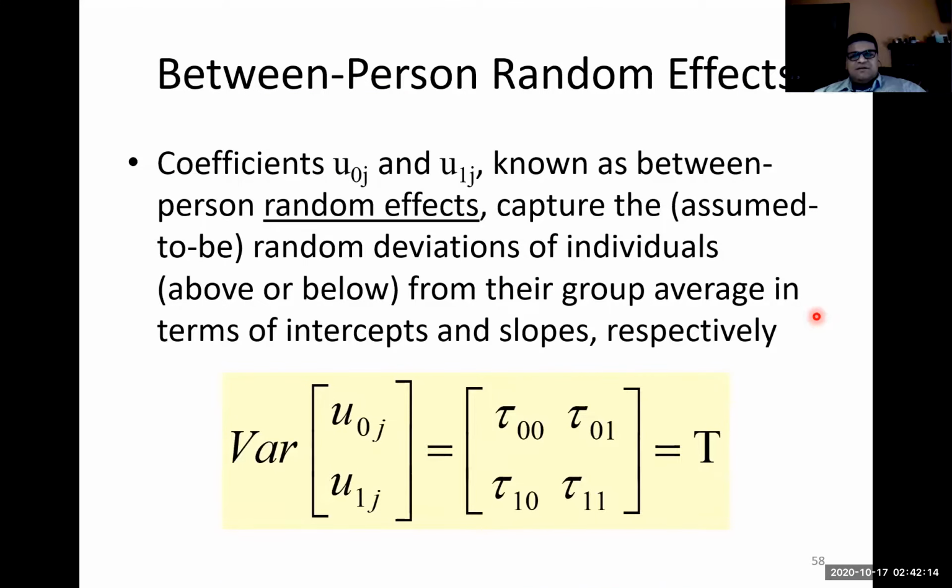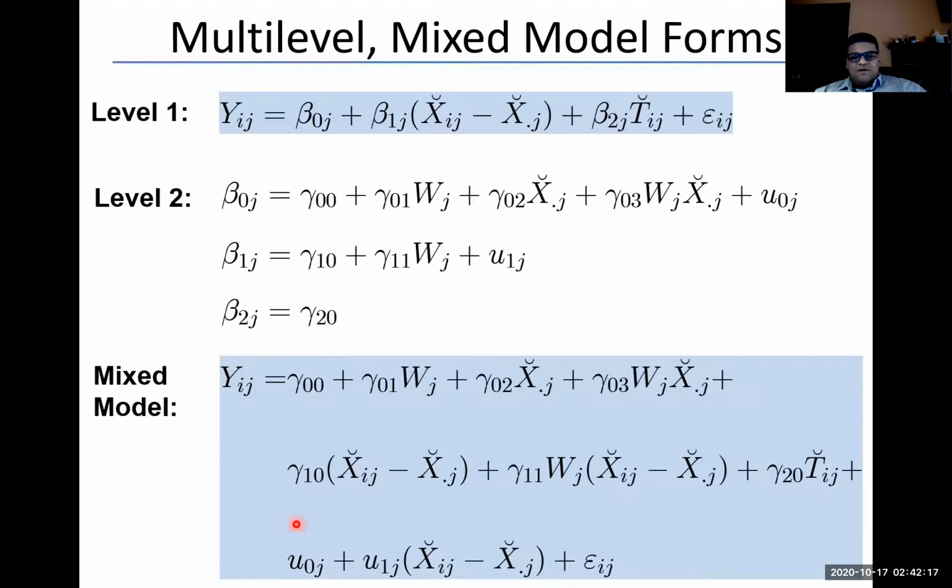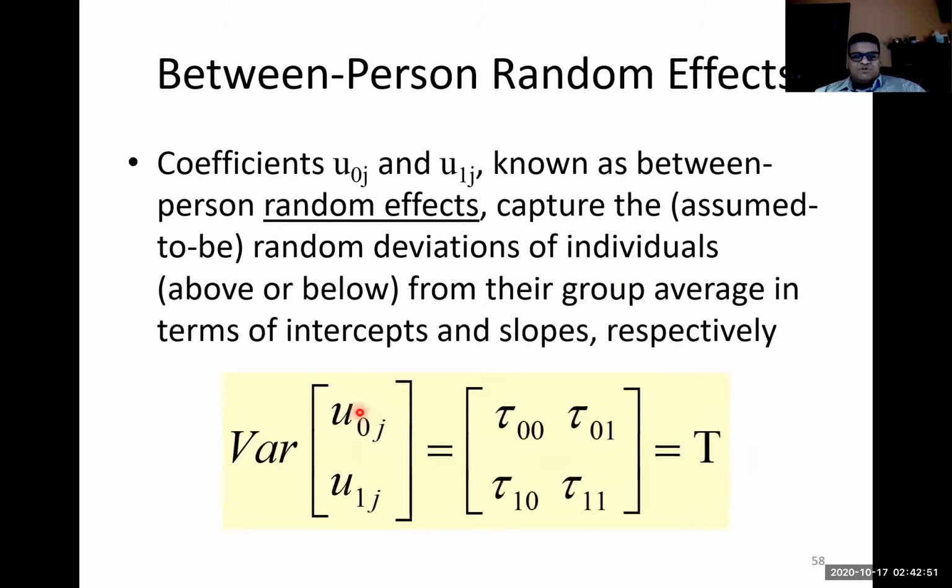So I should note that U0j and U1j, those are between-person random effects. And there's a distribution of these. There's one for every person j. And so basically this itself is a variable, if you think about it, because it varies from person to person. And so is this. This is allowing the intercepts to be different for each person. This is allowing the slopes to potentially be different for each person. And so those terms, those between-person random effects, okay,